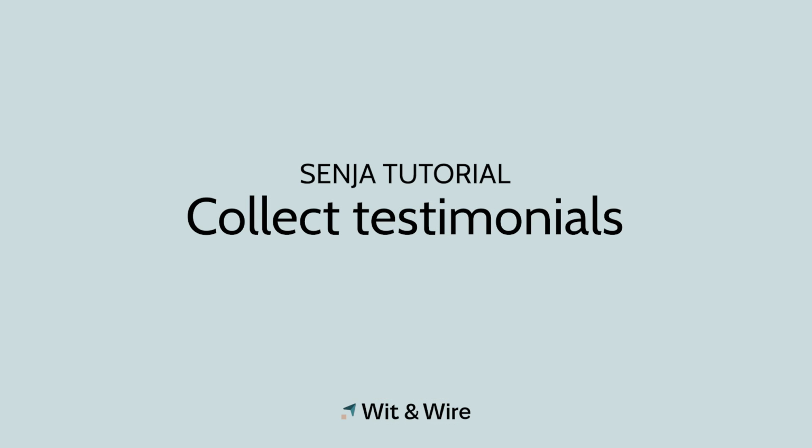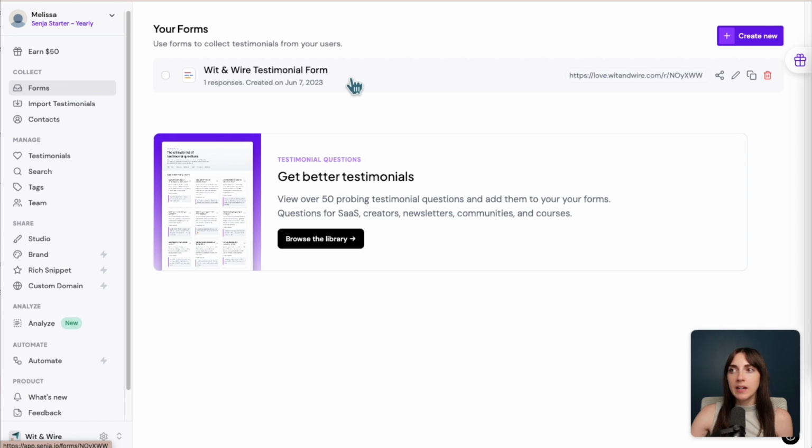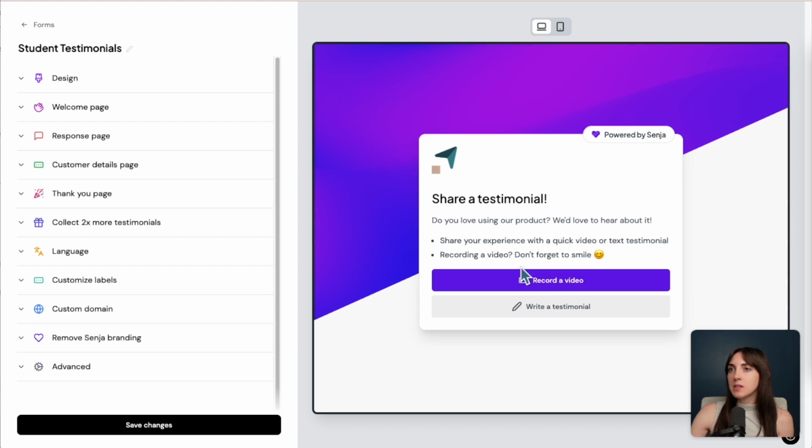starting with creating forms to collect testimonials. So on the top, I'm going to click Forms. And although I already have one created, let's start from scratch by creating a new form, and maybe we'll call this Student Testimonials. So when I create this form, you can see along the left, we have a menu of